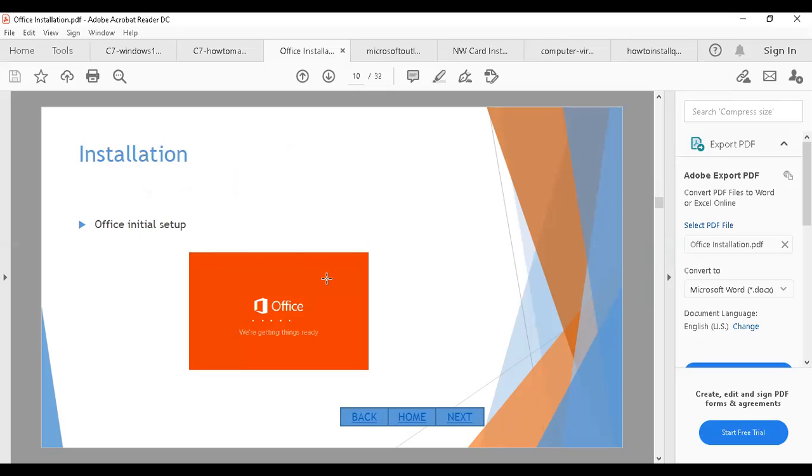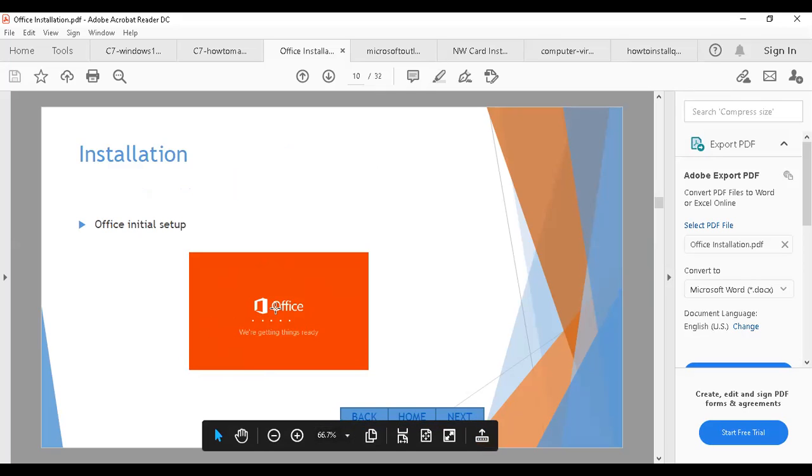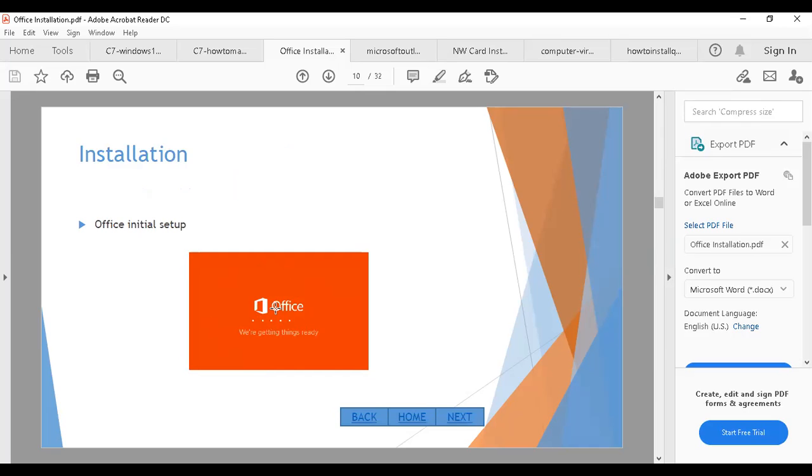Then after the setup gets installed, you need to double click or right click and install. The Office installation gets started, and the Office installation will start installing. Till then, if you have any task to perform, you can do the task in the background, because it is an online process.